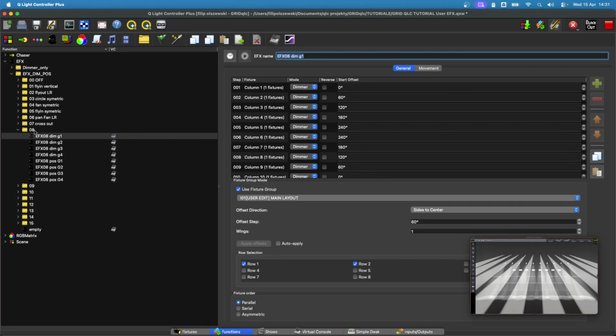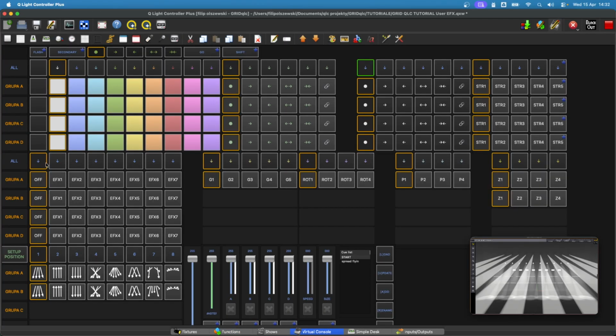So in this 8.1, which is the new one on the next page, like a user page, you can see that we have first dimmer parameters and then position. So we're going to start with the position. So let's create a fix that we want for our position. To see what we do, I'm gonna